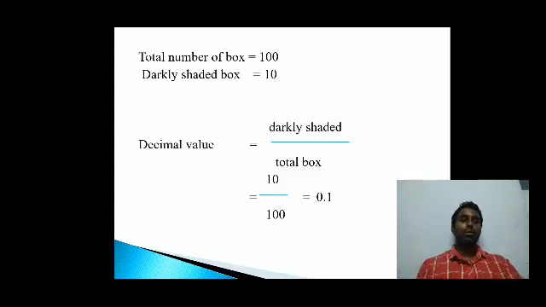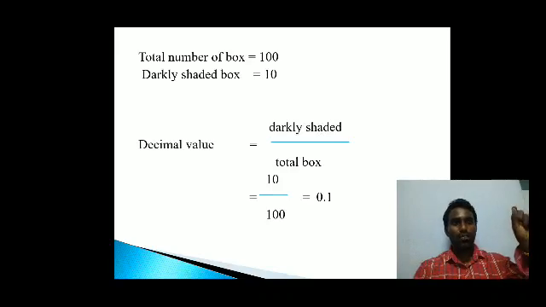So 1 divided by 10 means for one 0 you have to make 1 point, and then the numerator digit should be included. So 0.1. Otherwise you can do it directly. 10 divided by 100 means for two 0s, 2 places the point will move, from the rightmost to the leftmost. For one 0, a 0 comes after the point, and for one more 0, the 1 comes after. So 0.10, which is nothing but 0.1. Do you understand, students? Okay, the next one.